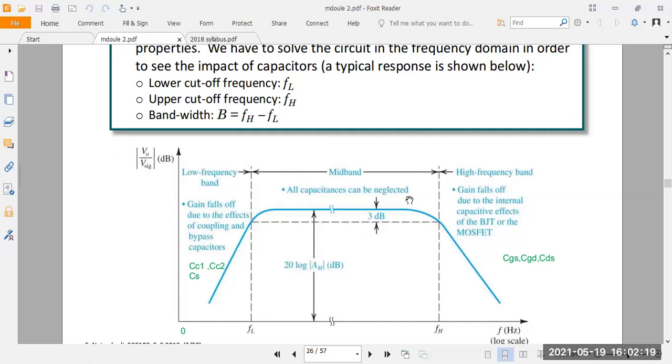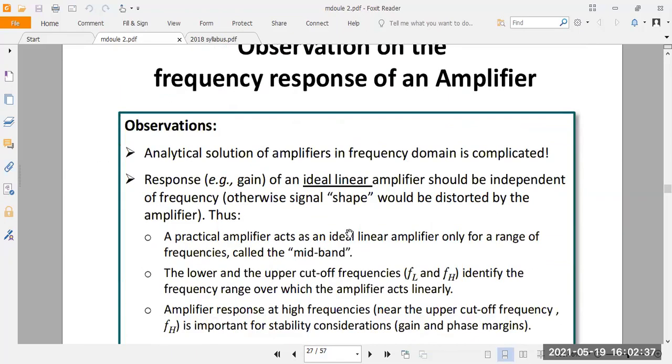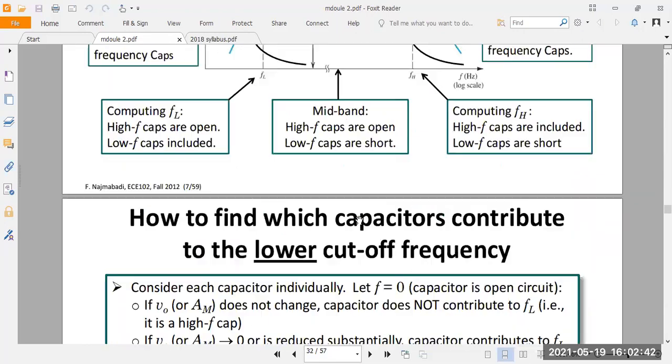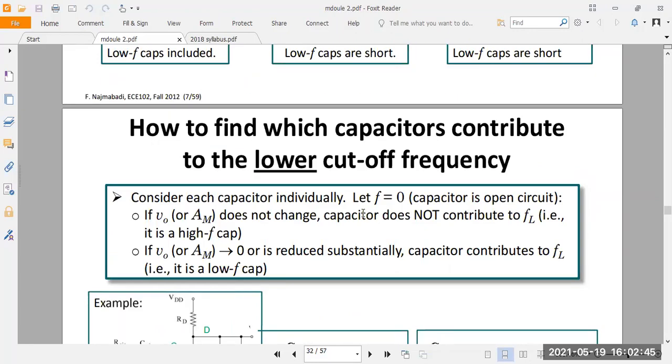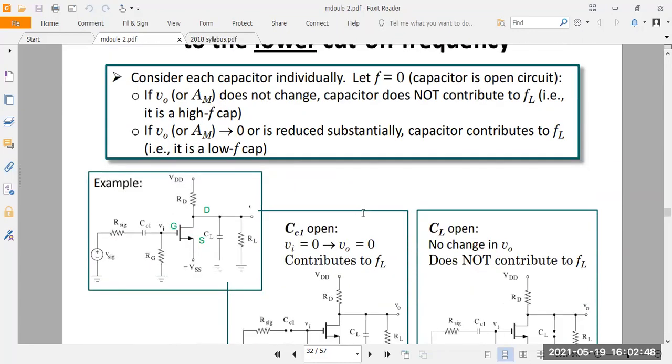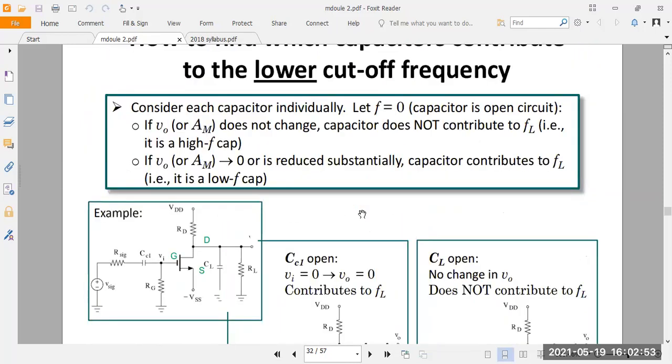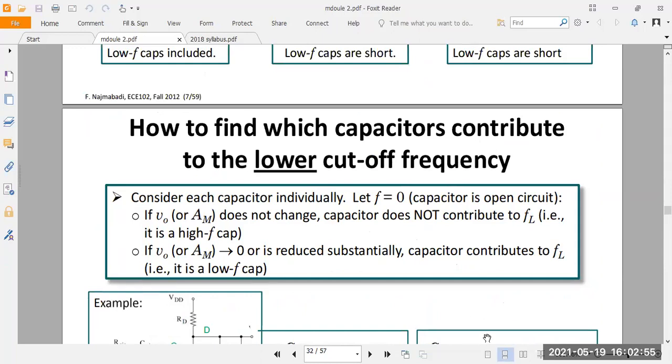Why? Because we want to neglect 30% of the gain, since there is a bend across the high frequency and low frequency. Due to that effect, we have to remove the 30% of the gain. The remaining 70% of the gain you have to take for amplifying. Understood? So here you take now the lower cutoff frequency, which is FL, and the upper cutoff frequency, which is the high frequency FH.